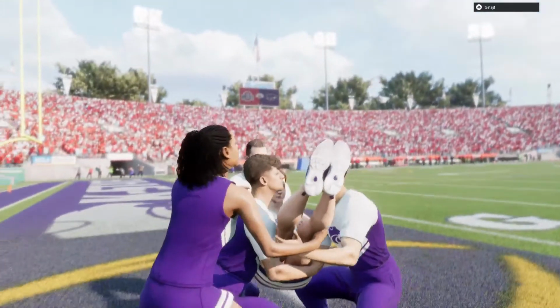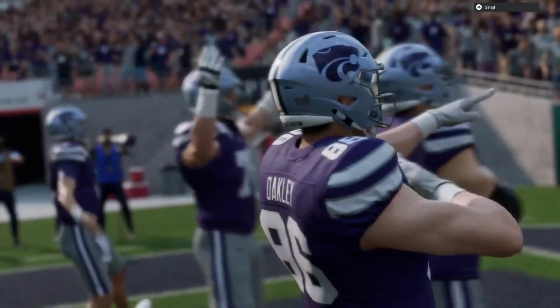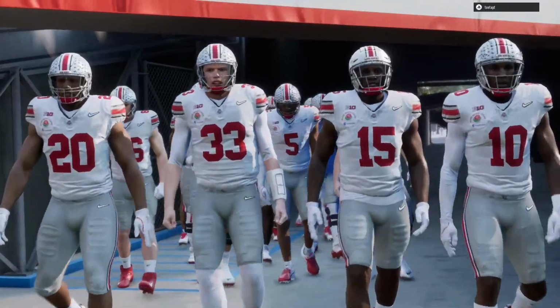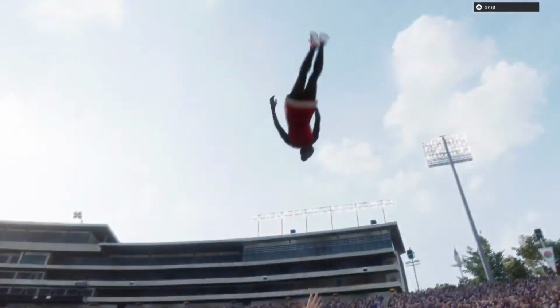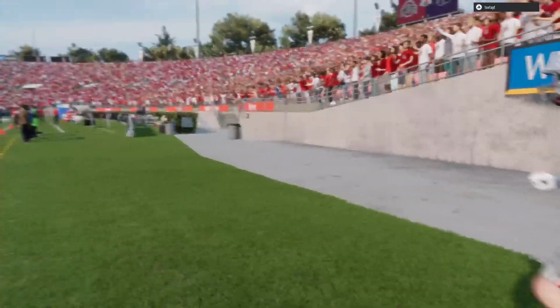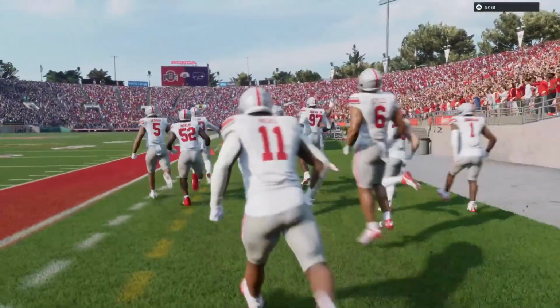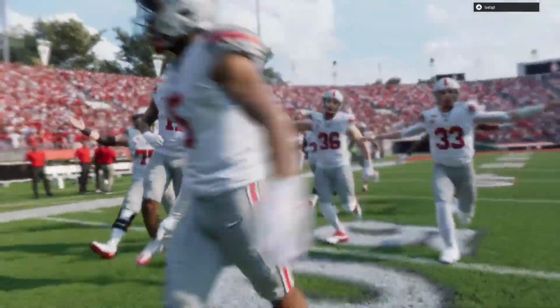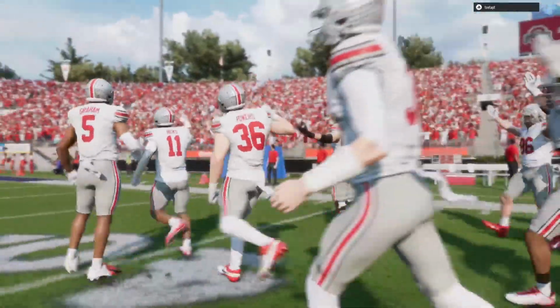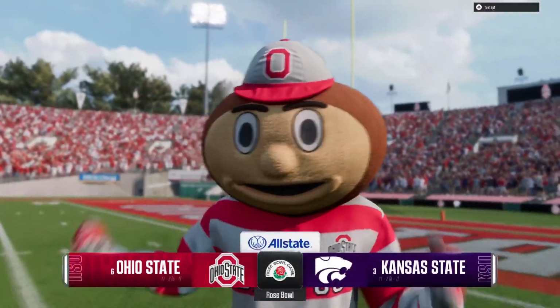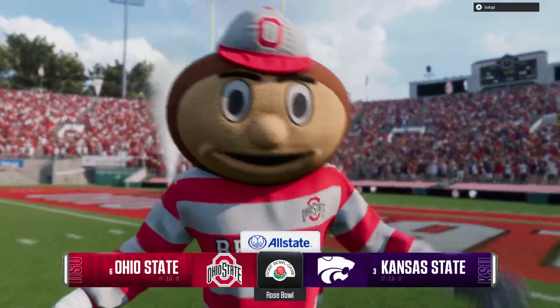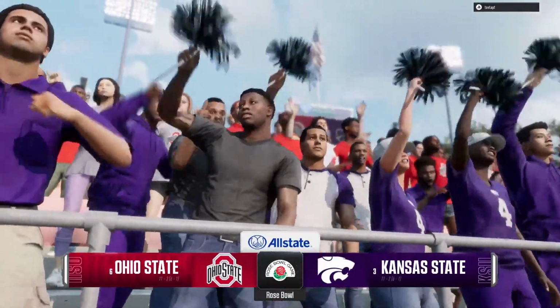But they run into a battle-tested team already coming off one playoff victory, trying to shock the world here today and make the semifinals. As we'll see, the number 6 seed in this playoff, the Ohio State Buckeyes, taking on the number 3 seed in the playoff, the Kansas State Wildcats. For EA Sports College Football, I'm Chris Fowler here in the booth with Kirk Herbstreit. And here we go, a college football playoff quarterfinal game. We'll see which team's going to be moving on.